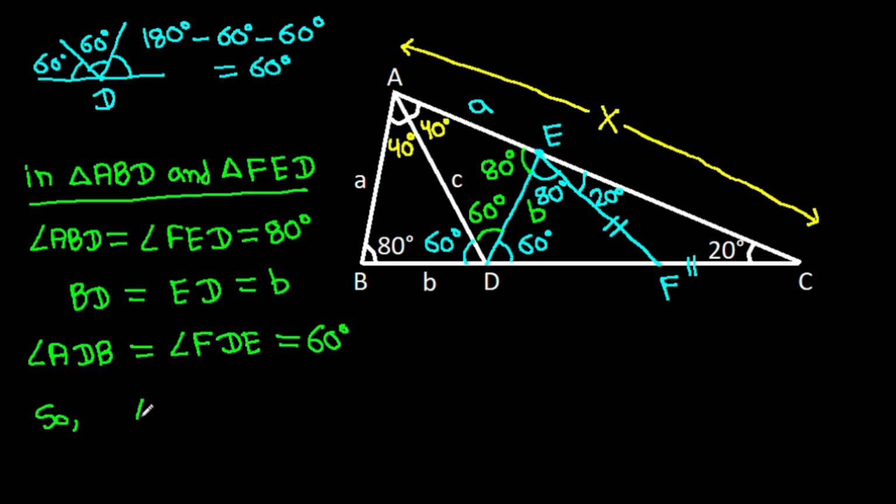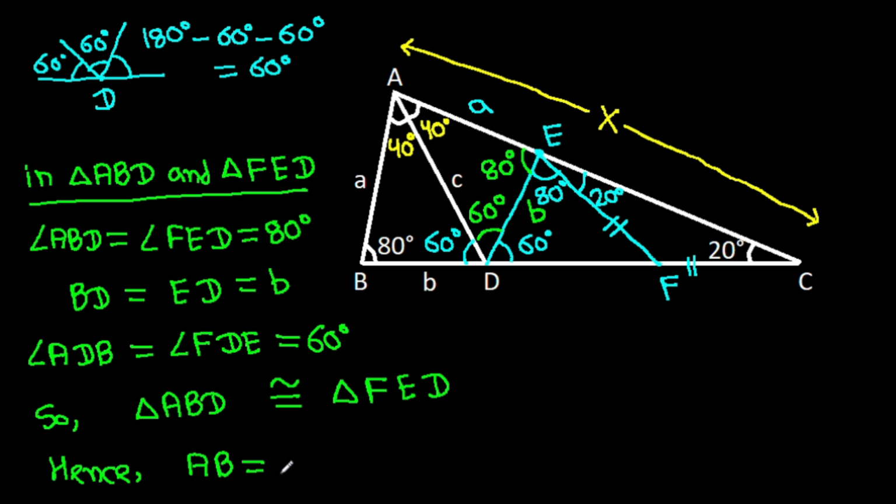So triangle ABD will be congruent to triangle FED. Hence AB will be equal to FE, and AB is A. So FE will be also A,